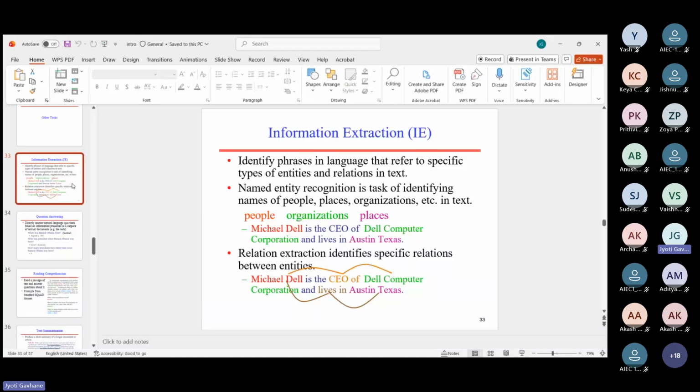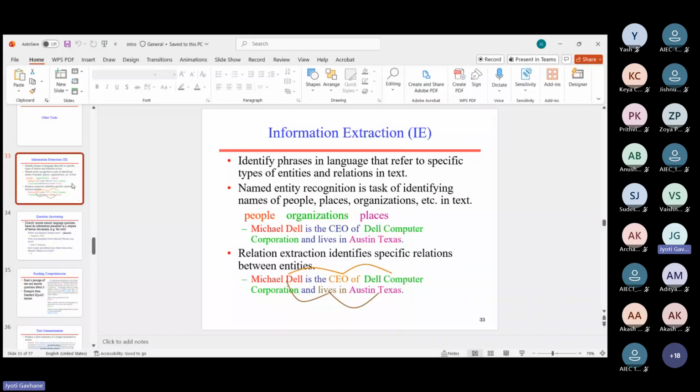Now, how will you extract information from the database with the help of natural language? Identify the phrases in the language that refer to a specific type of entities and relations. You might have heard the term entity relation diagram. The entity relation diagram is the classic example of database design. Before designing any database, you must have practiced ER diagrams, where you mention entities and the relationship